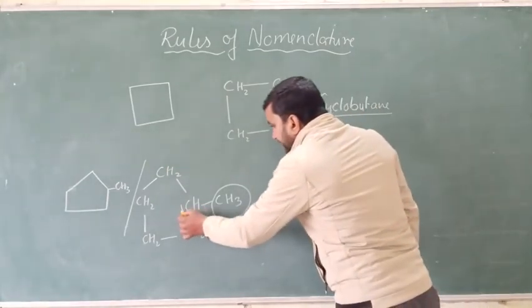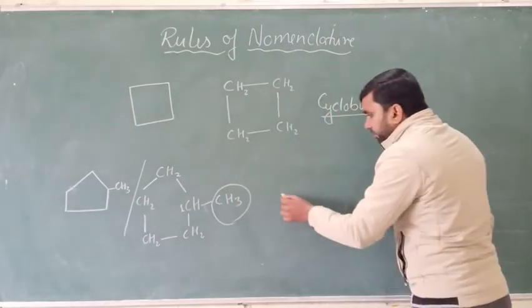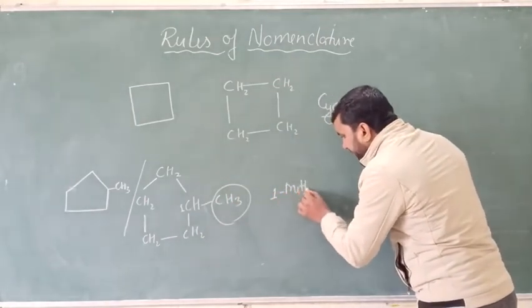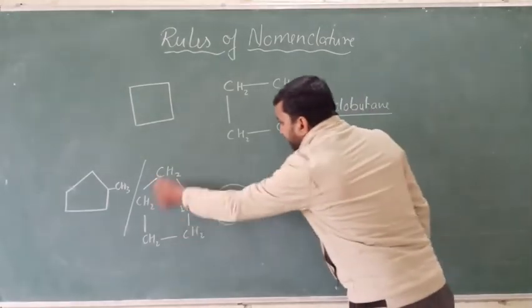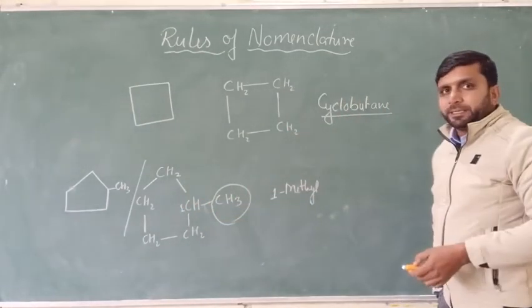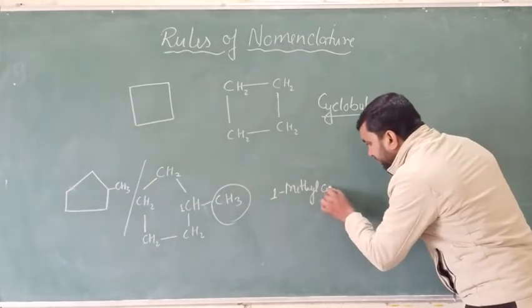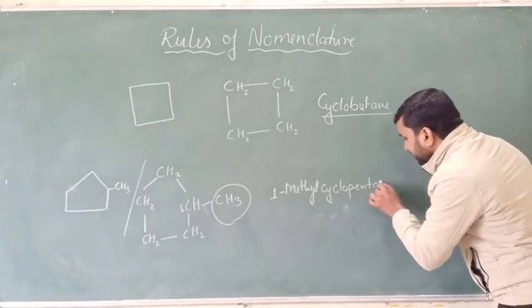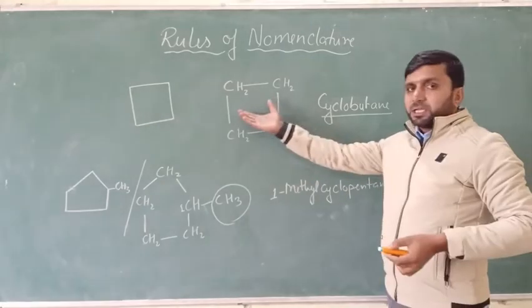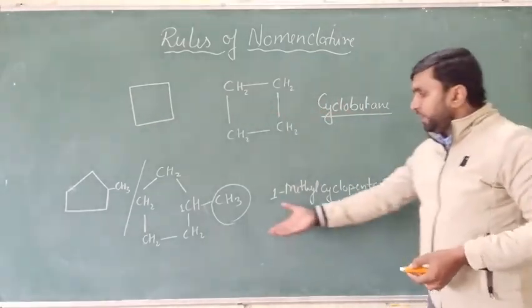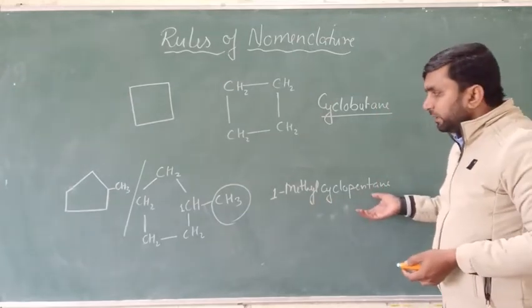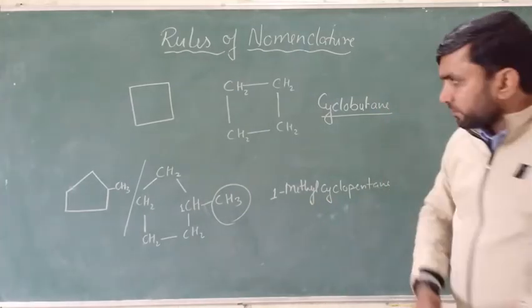So methyl is attached to the first carbon, so the name will be written 1-methyl, M will be capital. Now it is 5 carbon pentane, but that pentane is cyclic in nature, so we will write cyclopentane. So I think it is clear. If there is no branch, we will just write the cycloalkane. If there is a branch, we will write the name of the branch first, then the name of the cyclic compound. Now the third one,